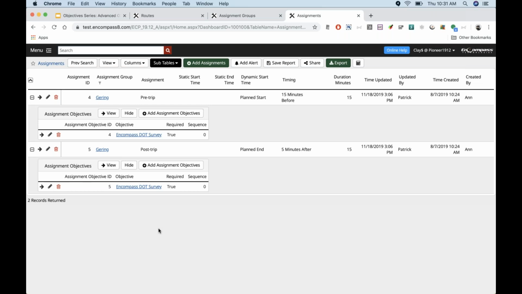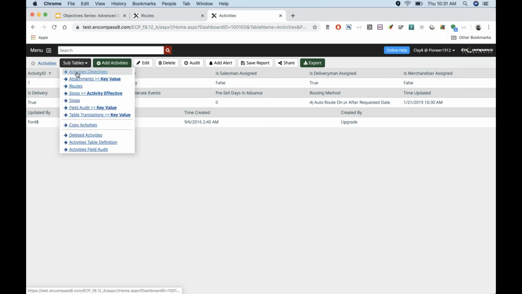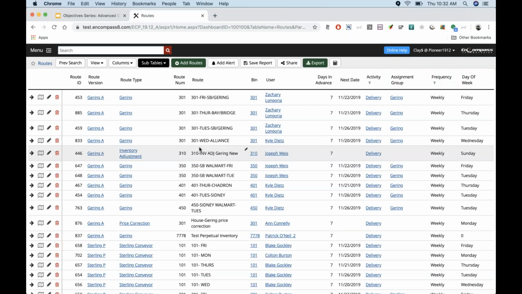It traces up from the objective to the assignment group, to the route, or in the activity example, it would be the objective, to the activities objectives, to the activity, to the route. And if you ever get confused on that, I don't blame you because it is a lot of different tables. But again, the benefit is it gives you tons of flexibility. So if you are ever wondering what that data structure is, always just start off on the routes table, click on those activities, and then you can just work your way down the list from there, okay? Also, give us a call if you're interested in doing this stuff and you just need some clarification. We'll be happy to help you out as well, okay?